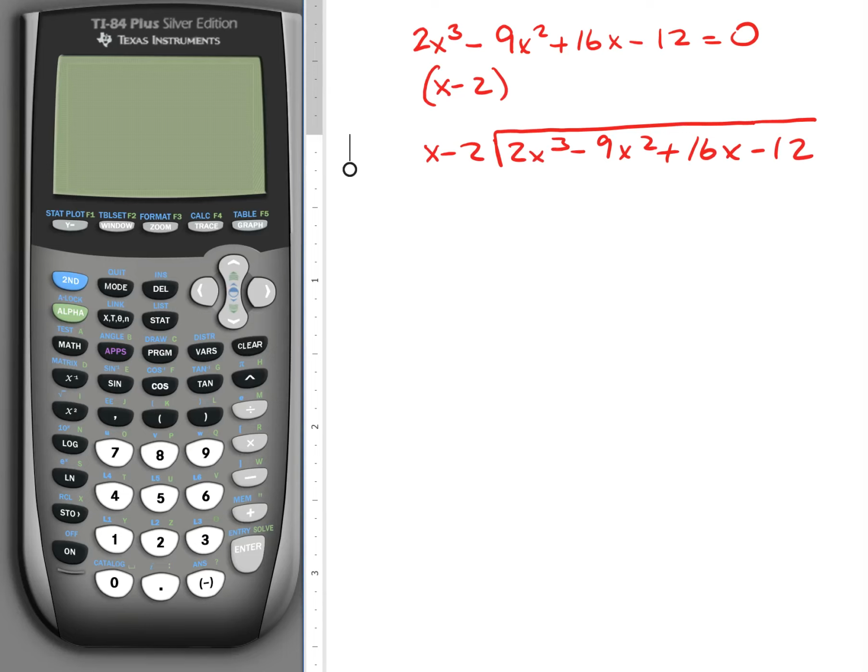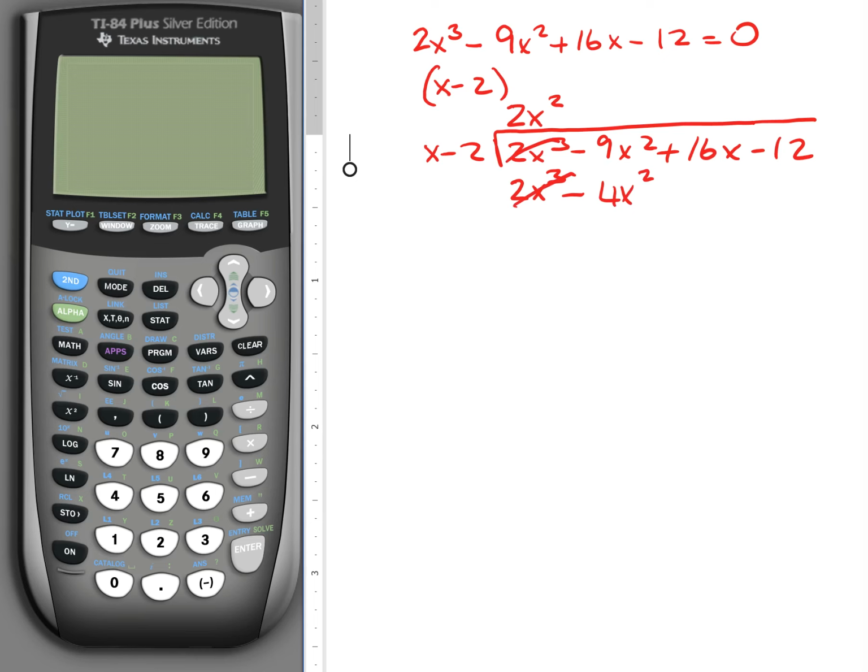Alright, so first we do x into 2x cubed, so that would give us 2x squared. And then we multiply that out, so we would get 2x cubed minus 2x squared times minus 2, so it'd be minus 4x squared. These two cancel out and we get minus